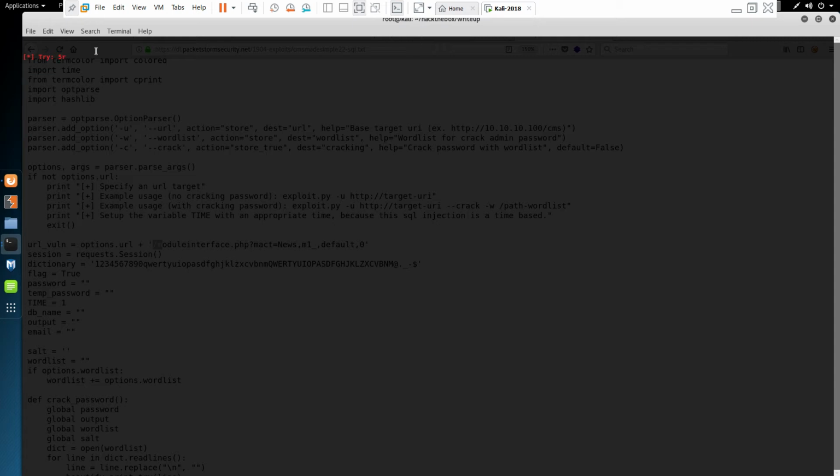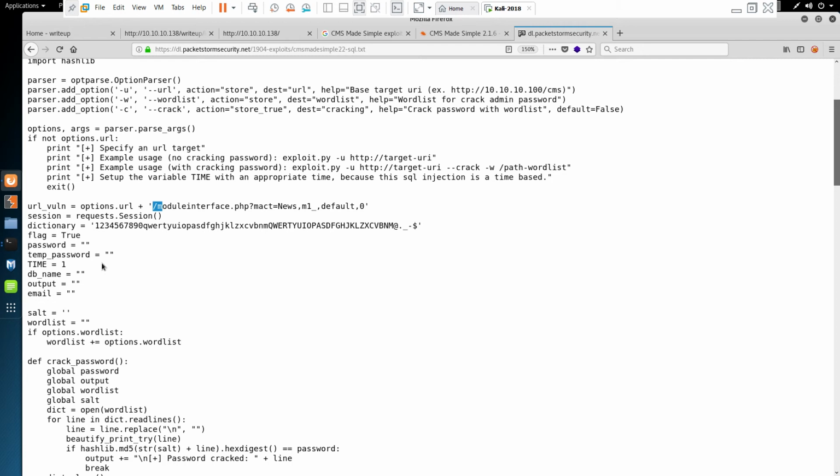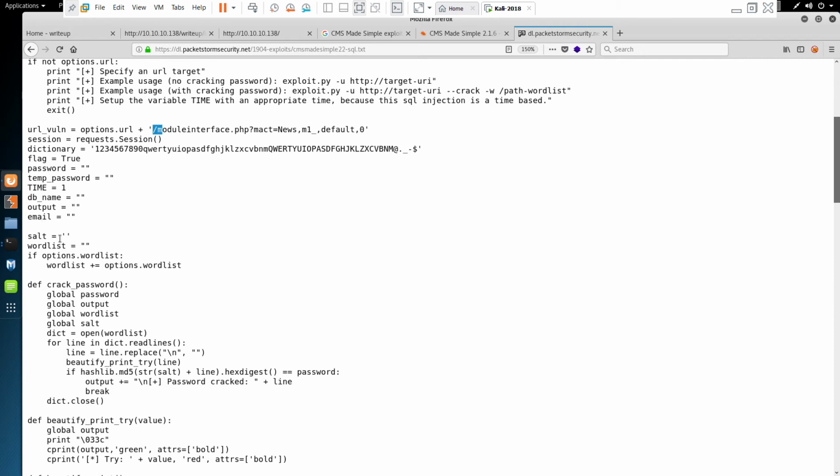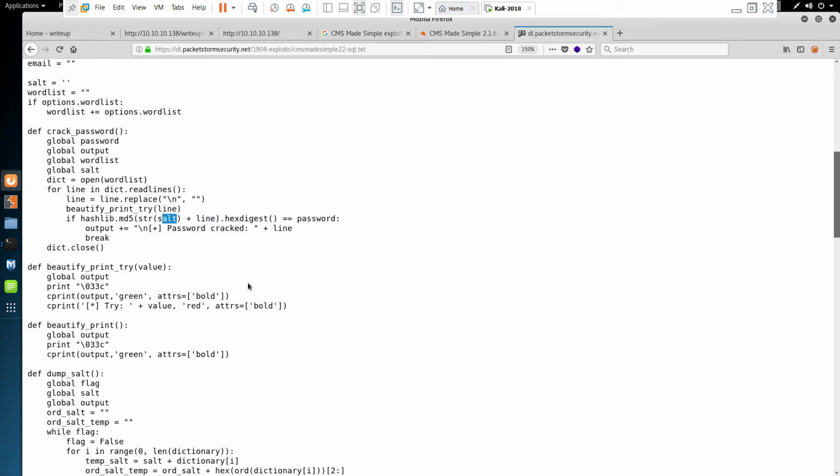So it's going to go ahead and try to see if we can perform an SQL injection. Let's go back to the exploit script. It's going to run, try to brute force the email, salt, and crack the password. So this is a function to crack the password, and it's going to perform that using the salt, calculate a hexadecimal digest, and if that equals the password, it's going to print out the password. So it's going to go through the dictionary word list, and